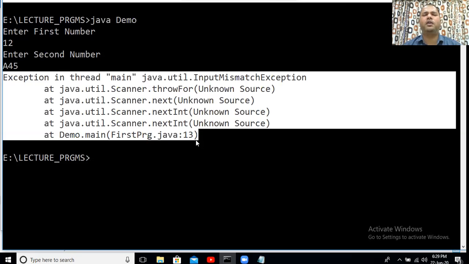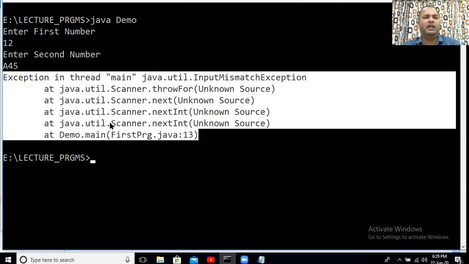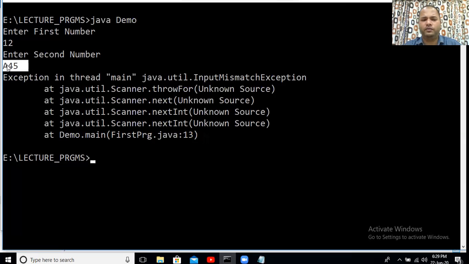Such type of runtime error which occurred in our program because of the scenarios created by the user itself is considered as an exception. So this is an input mismatch exception here, where our code was expecting integer value to be entered by the user, and the user ended up providing a string value.